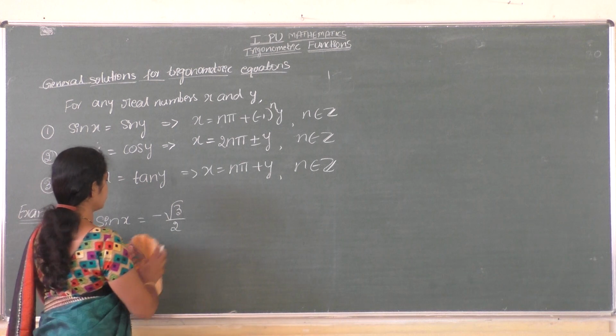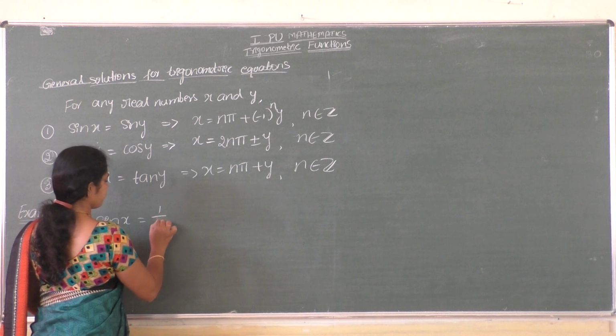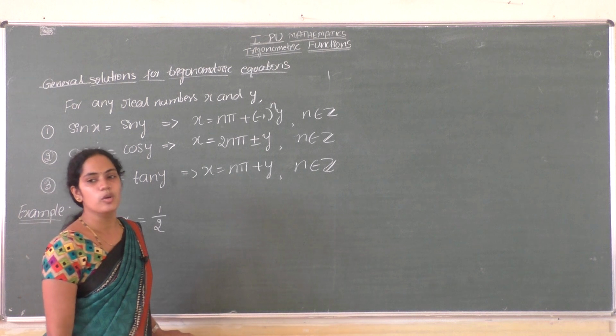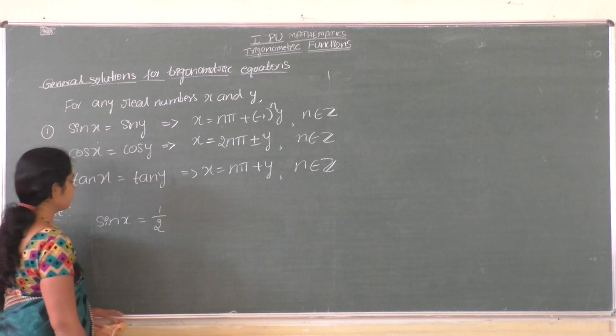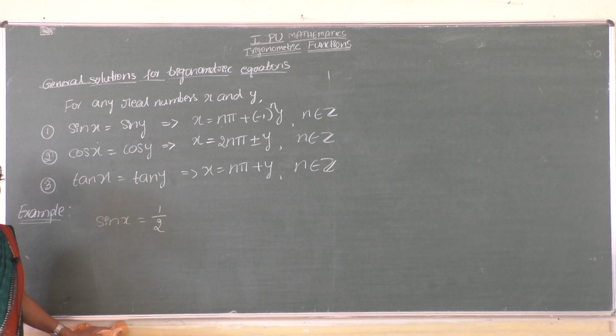I will take a simple one, sin x equal to 1 by 2. Now, what is the principal solution for this? Principal solution is,